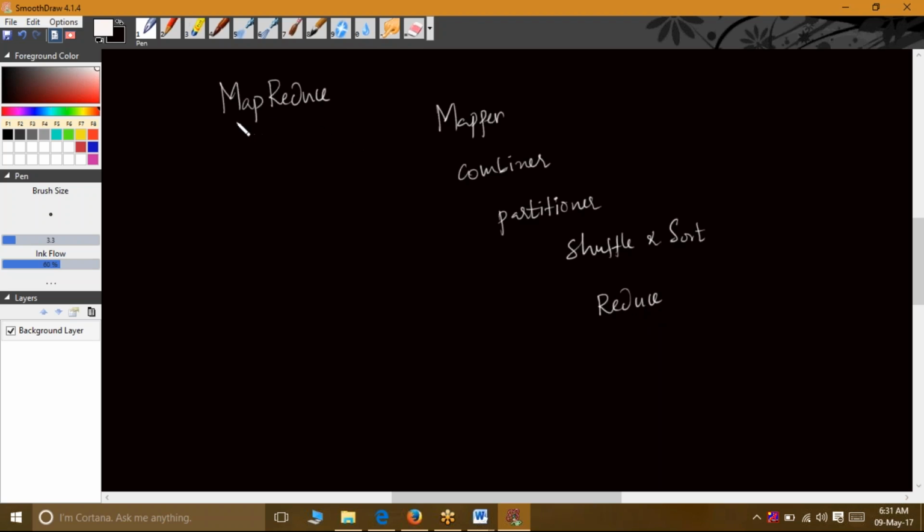And overall we call this a MapReduce programming model, which is a backbone for your